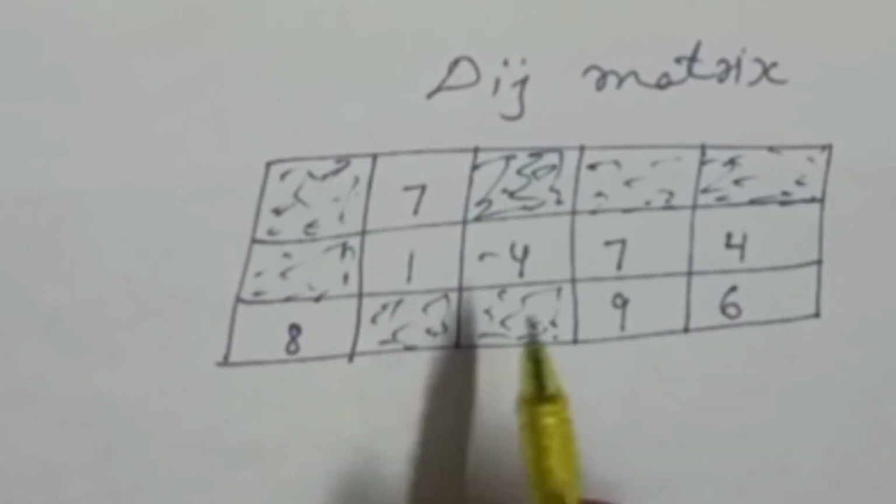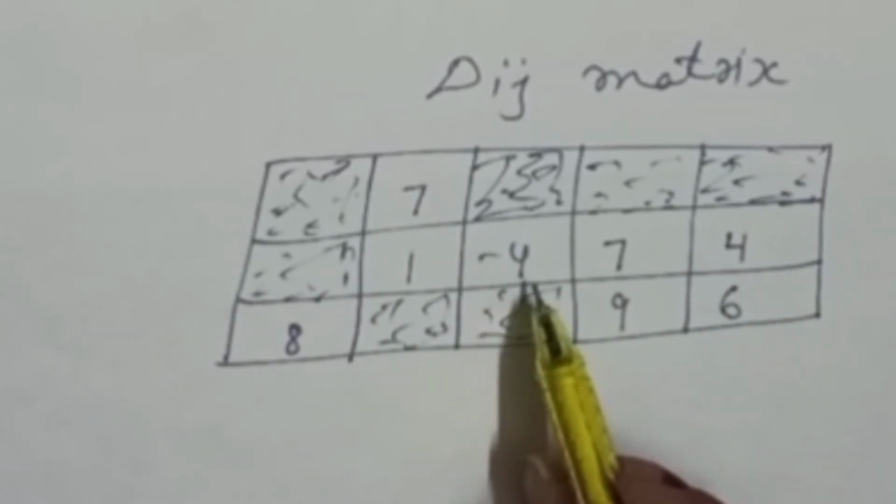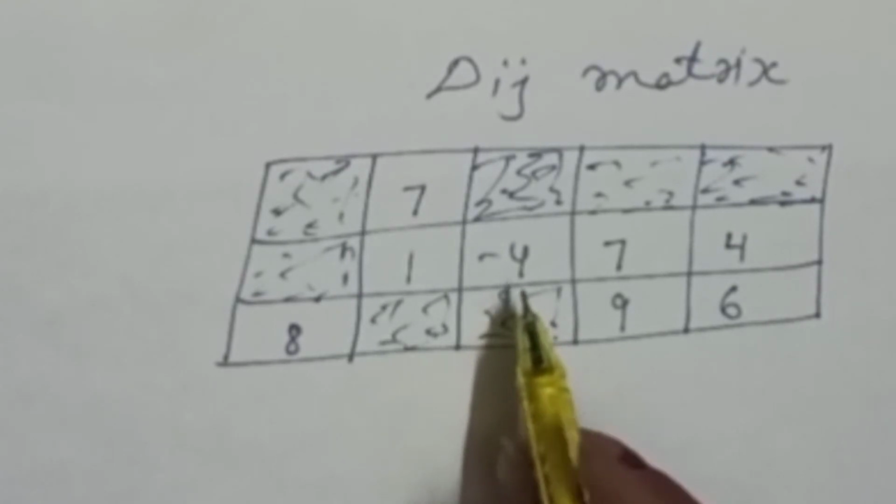For this cell in the original matrix we have 0 and here we have minus 4. 0 minus minus 4 is equal to 4. And for the last cell in the original matrix we have 0 but here we have minus 6. 0 minus minus 6 is equal to 6. So students, you can see here we have all positive values but one value is negative. So students, here we can't confirm the optimality of the solution.